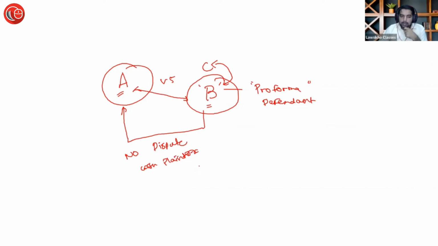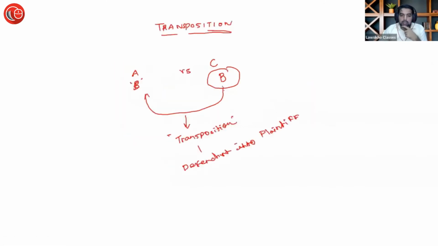So इसके लिए क्या होगा? This person will be in future. In future, the court can transpose him. Court can decide to transpose him, and court can make this defendant a plaintiff. Future में court इसको plaintiff बना सकती है अगर चाहे तो. Fine. So this is what it is. This is what is pro forma defendant.